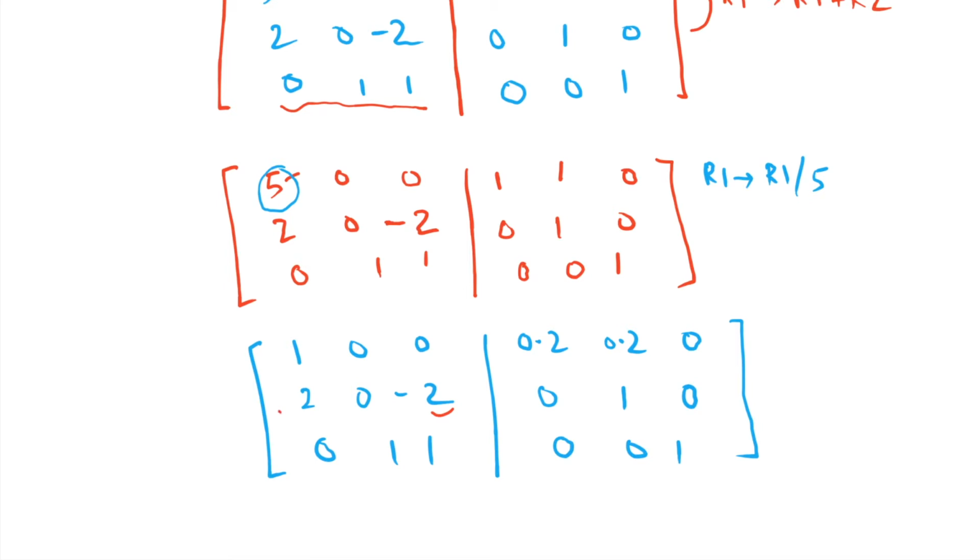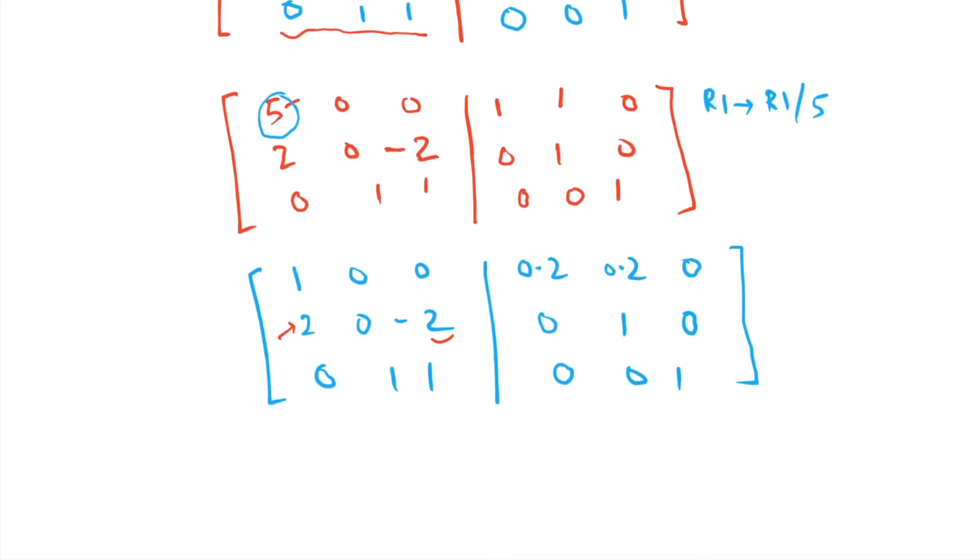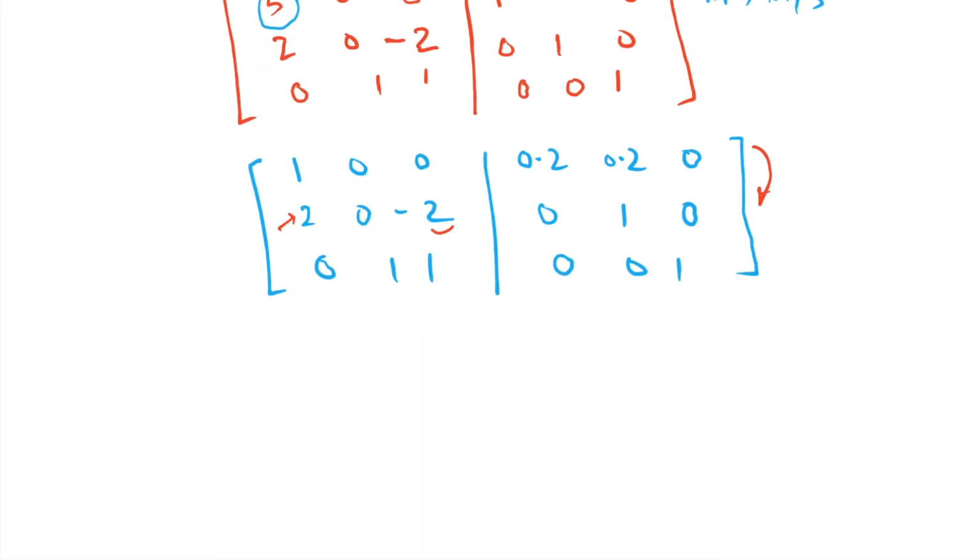So in that case we will get rid of this 2, or we can also actually multiply row 3 with 2 and then add it to the second row. So that's another approach we can take. So let me actually take 2 times the first row and subtract it from the second row. All right, so if you take 2 times the first row and subtract it from the second row, you're going